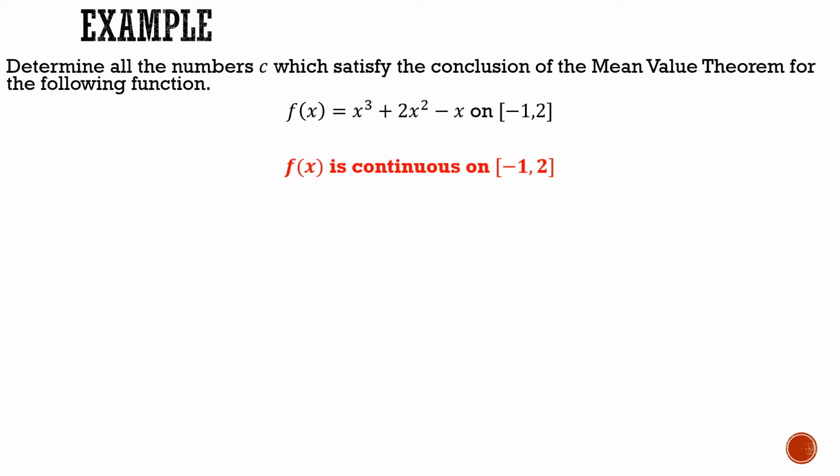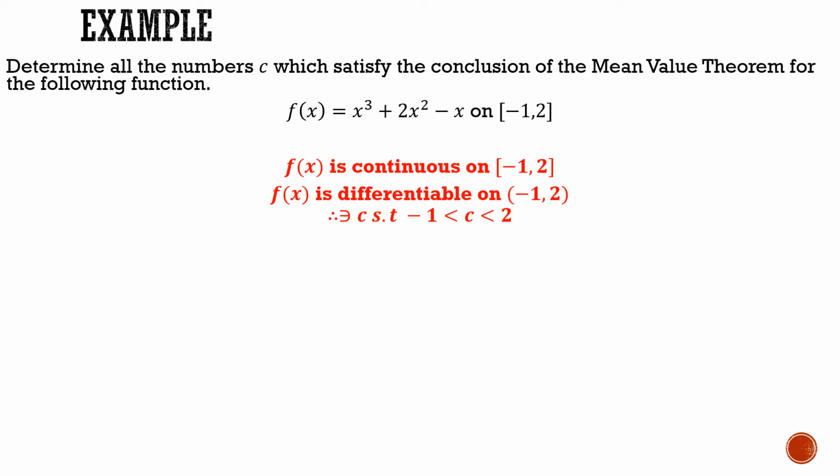Next, I want to know, is it differentiable? Yes, this function is differentiable. Now, notice on continuous, I use closed brackets versus on differentiable, I use open brackets because I can't be differentiable on an endpoint. All right, so because it's continuous, because it's differentiable, I know there has to exist some c